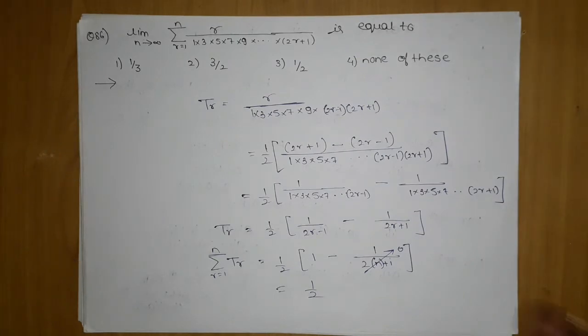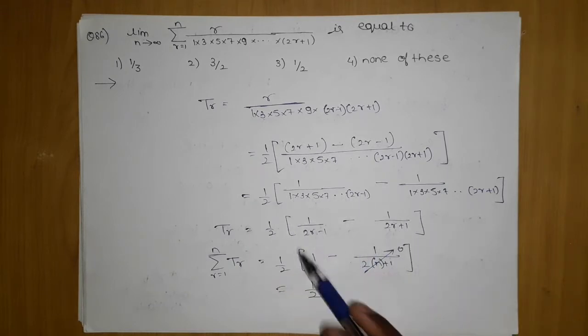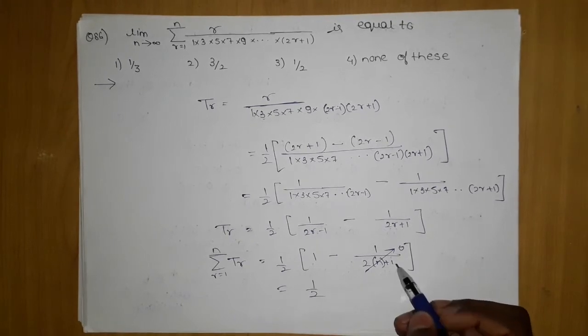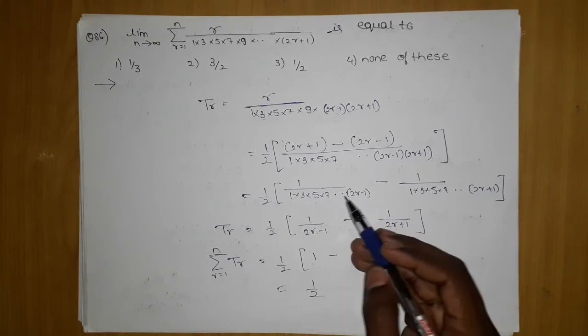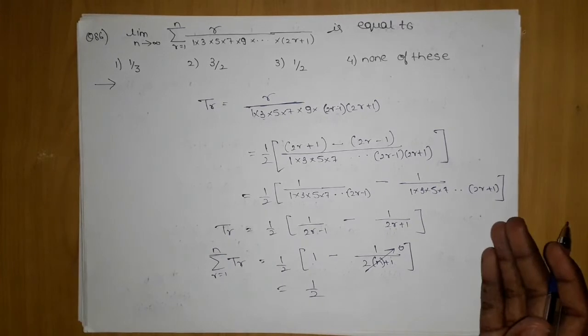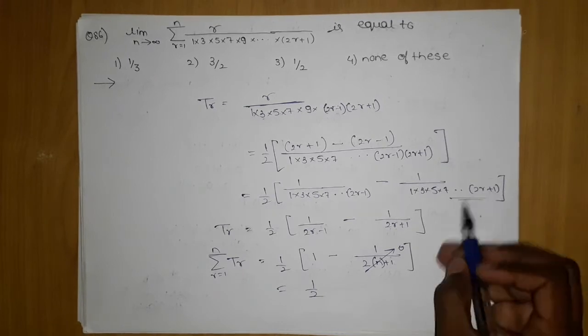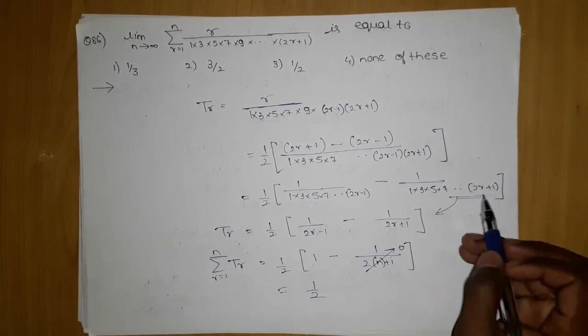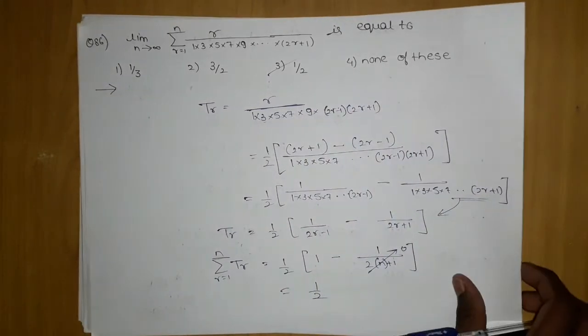So the basic ideology was to consider the Tr term. In this type of problem, when you break up, try to create the general term, which is 2r minus 1, and try to create the final term 2r plus 1. Don't try to take them continuously. Why am I telling this? Because in the end, if you do that, you will be confused, because if you substitute 1 here, the term before it will not be that. So when you do f of r plus 1, you have to convert the term. Take the final term, it is the Tr term, then apply the summation. So our answer is the third one. Hope you have understood this problem.